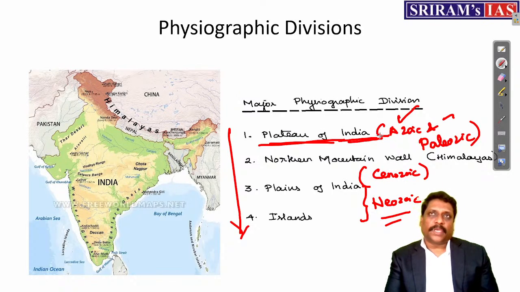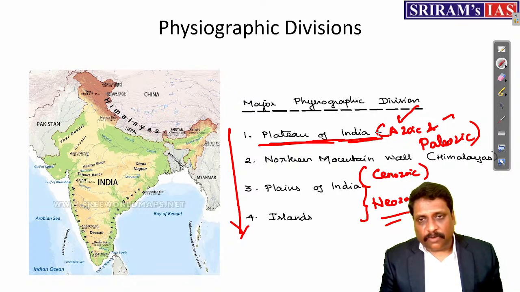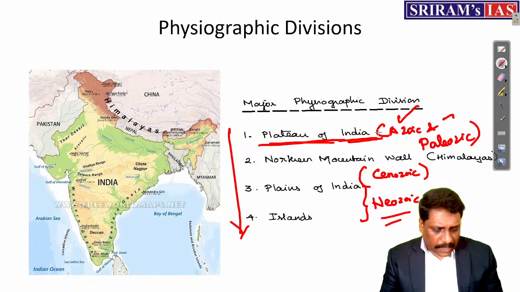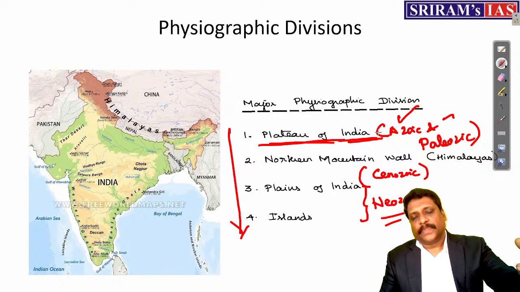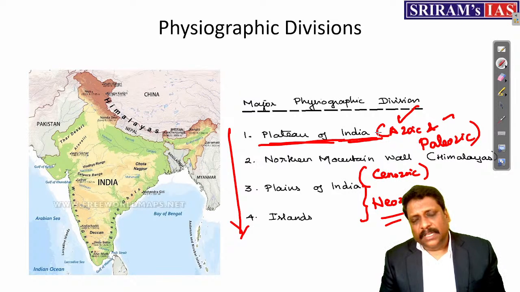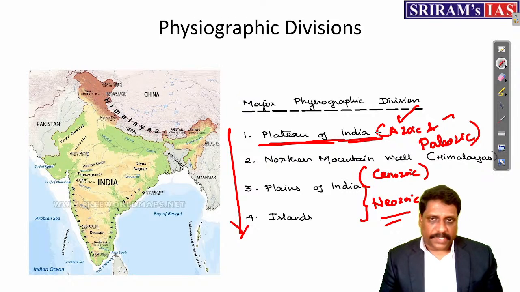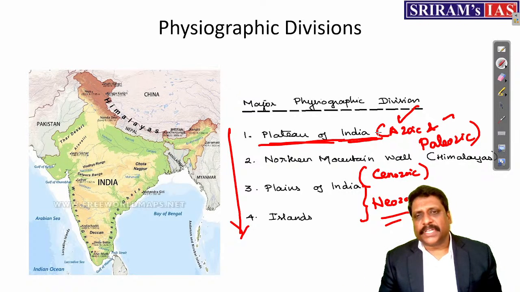When I talk about the Mesozoic era, there are no major landforms that had their formation in the Mesozoic era, but we do have an exception in the name of Deccan Trap. But Deccan Trap is regarded as a modification of what? Deccan Plateau, right? It means we do not classify Deccan Trap as a separate landform feature as such. A lava plateau called Deccan Trap.